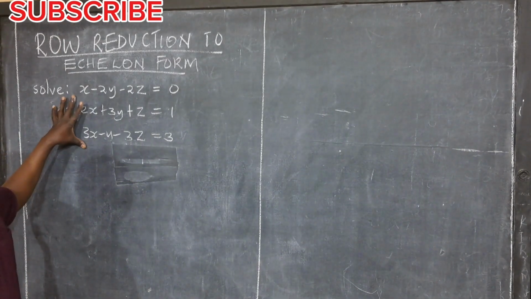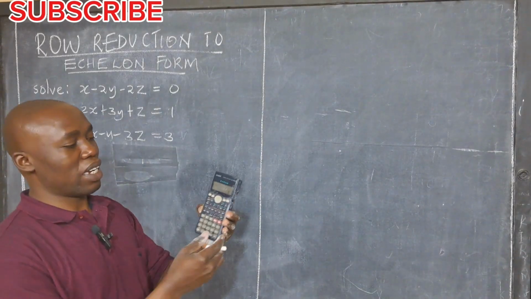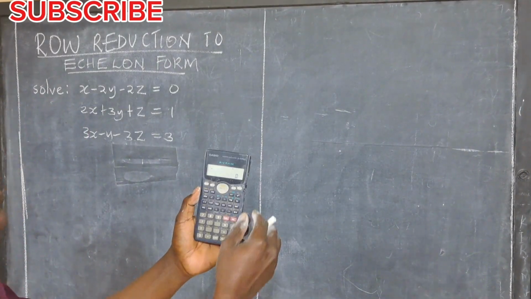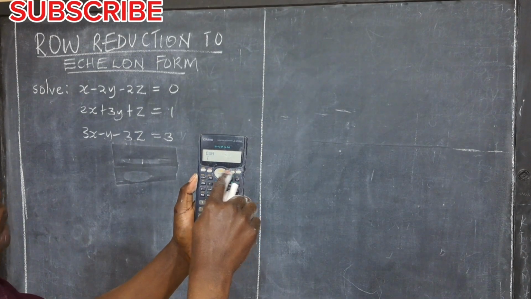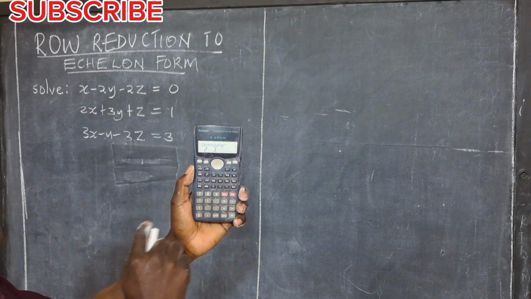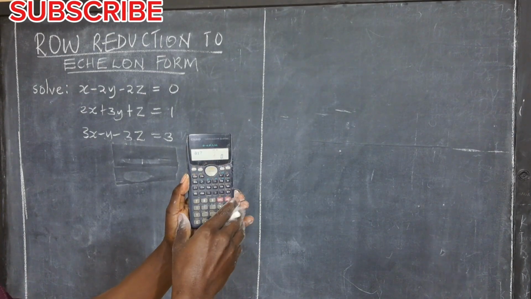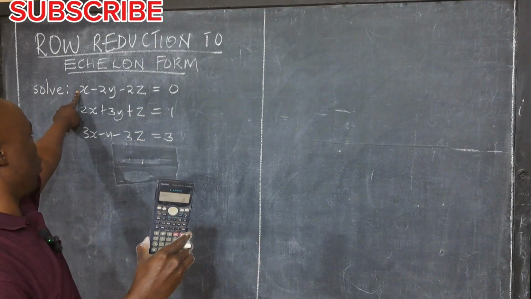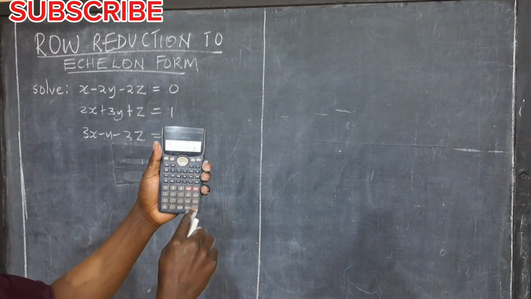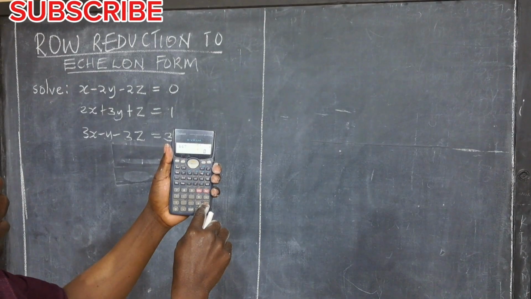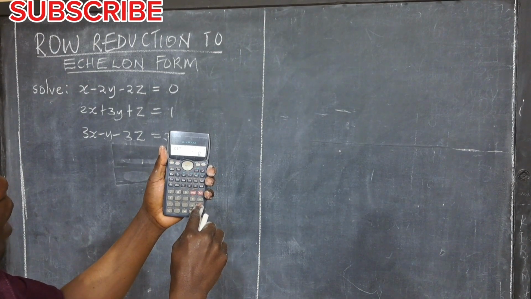Now before we dive into this one, let's first establish the answers using a calculator. Hope my calculator is very visible. So you look for mode on your calculator, you press it until you find the word equation, then press 1, then choose 3 unknowns. Then the coefficients are what we are going to feed in. So A1 is 1, then press equals, then B1 is -2, press equals, then C1 is -2,